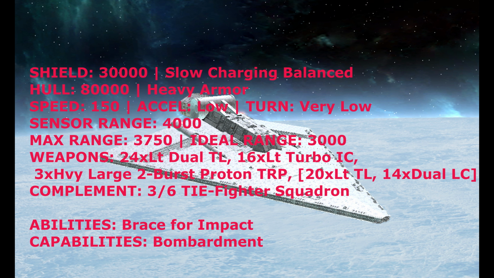because that's just the targetable ones. It's actually, no, it's not even all the targetable ones. It still then has 3 heavy, large, 2 burst proton torpedoes, because of course it does. Why not? But then we got the non-targetable ones, which is the reason I think this thing is going to be crazy overpowered. 20 light turbo lasers and 14 dual laser cannons. That is a lot of anti-rebel fit. Oh, that is the best loadout of anti-rebel weaponry I think any of the capital ships have seen,